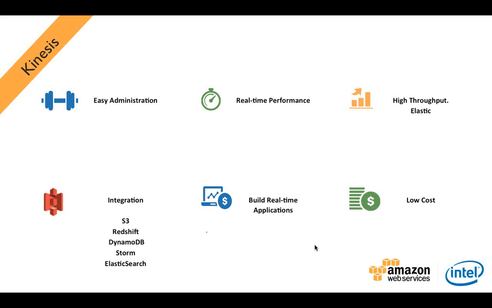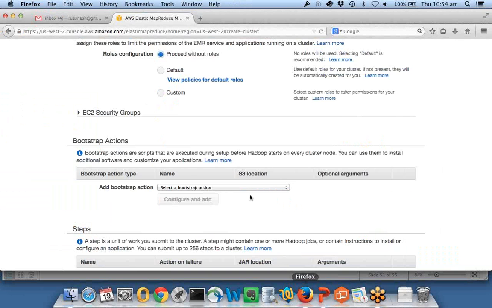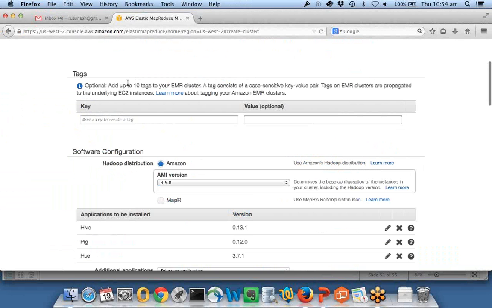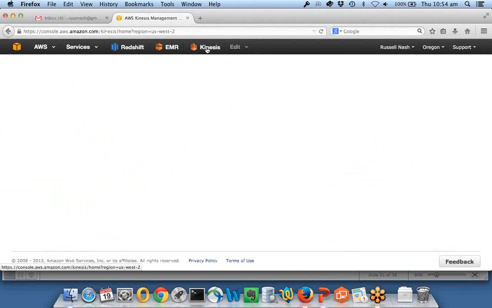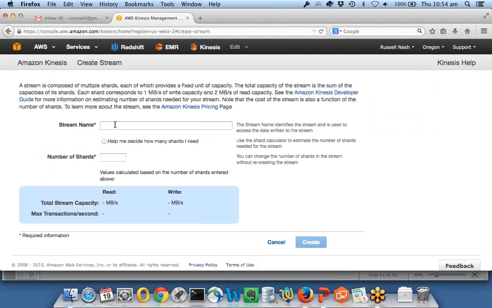So let's just have a quick look at the console. Just wanted to show you how easy it was to create your first Kinesis stream. And it really is just straightforward. So basically it just wants to have a name for the stream, and then you just tell it how many shards you want. So if you put in 2 shards, that shows us that we've got